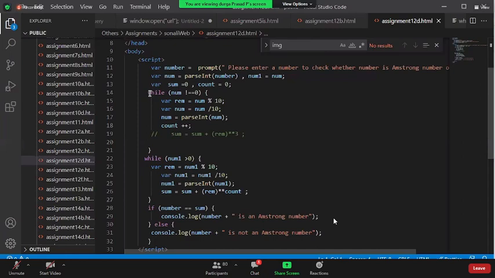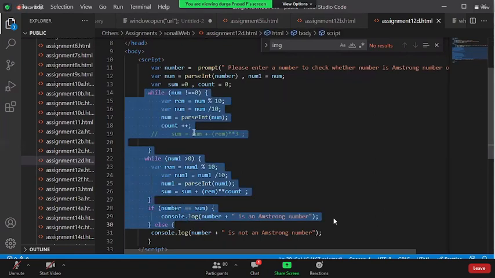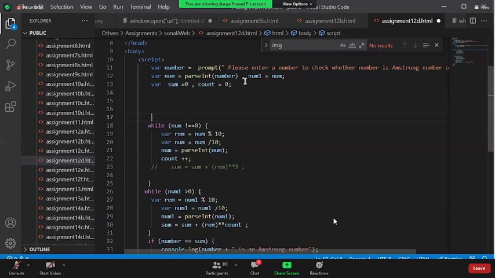Okay, in order to check whether it is an Armstrong number or not, what do you mean by an Armstrong number? It is not cubic. The power of the individual digit to the total number of digits is what we call an Armstrong number. Now, instead of writing multiple while loops, you can do it in a single while loop. You know how?